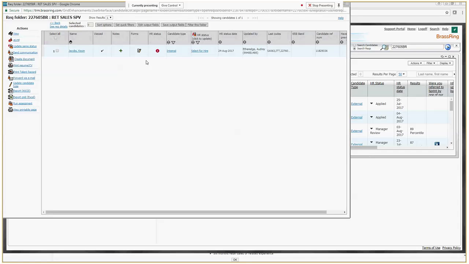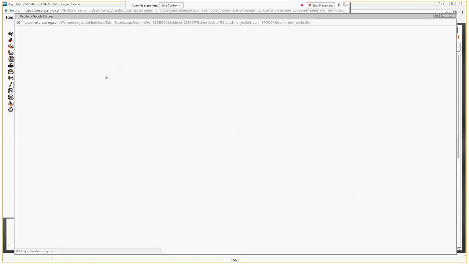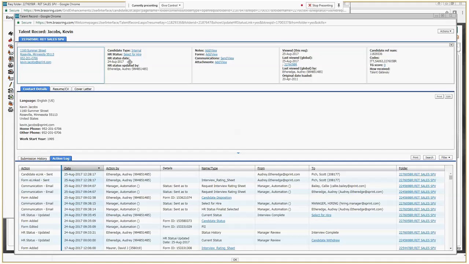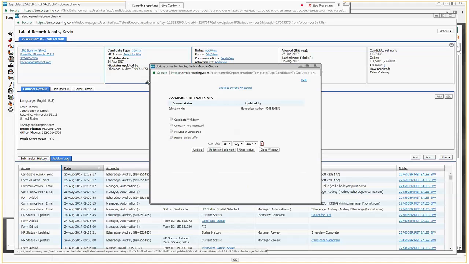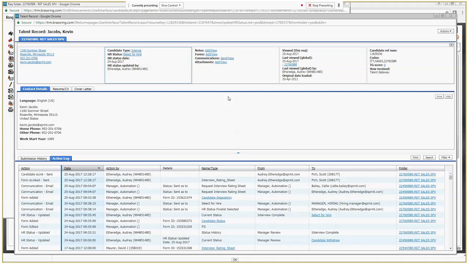And once he uploads the interview rating sheet, then when the status is ready to be moved forward to extend verbal offer, well, can you click on his status really quick since he's an internal? I'm sorry. Can you close that screen? I mean, you can do it that way. It seems to be the long way. Well, once I see him within my requisition, within your rec, yeah. I kind of like to see that he's in there and go to him from there. But perfect. If I was in the requisition, I would do it the reverse.